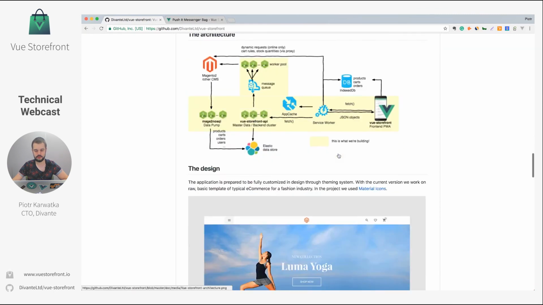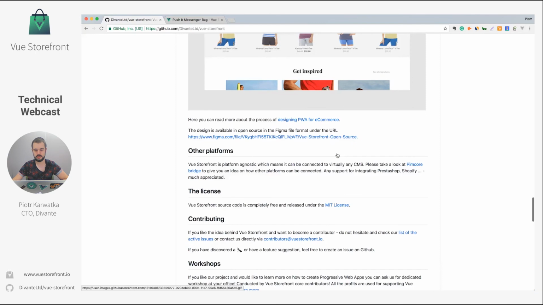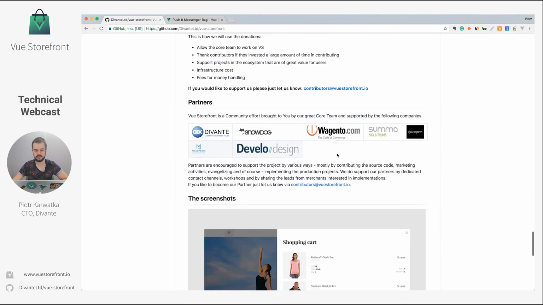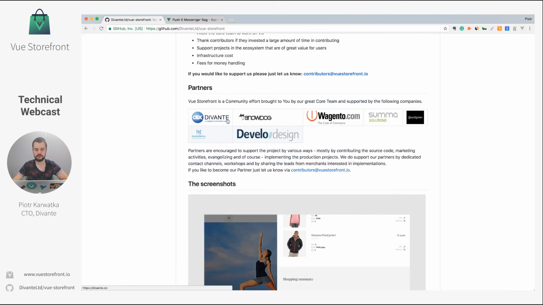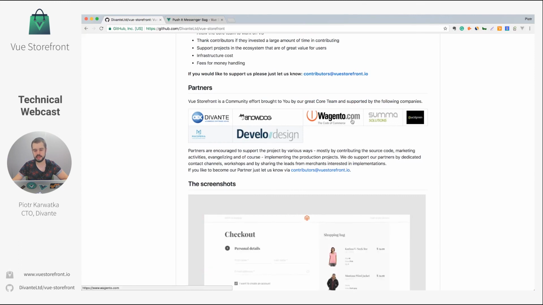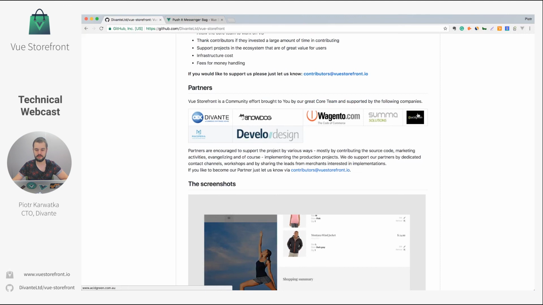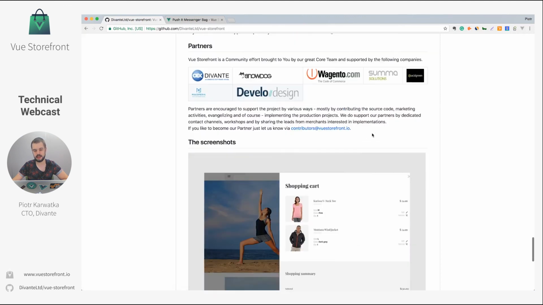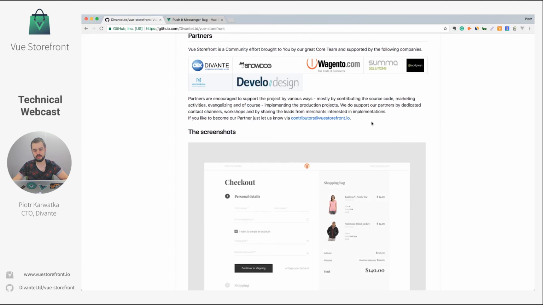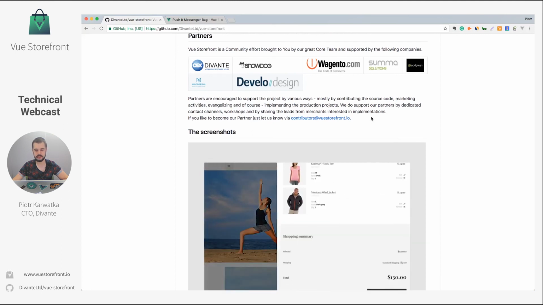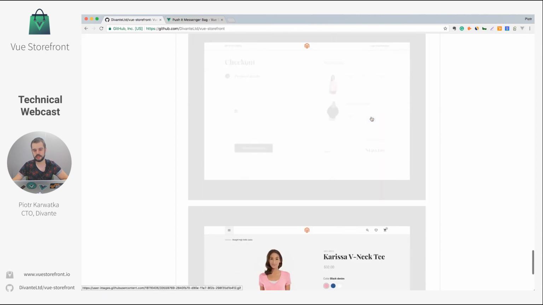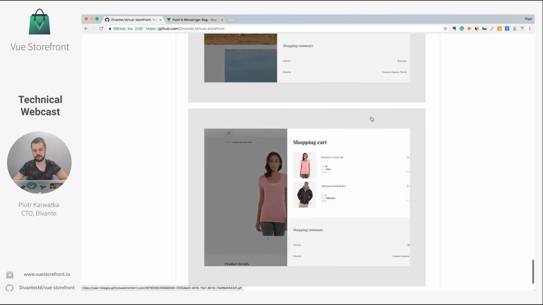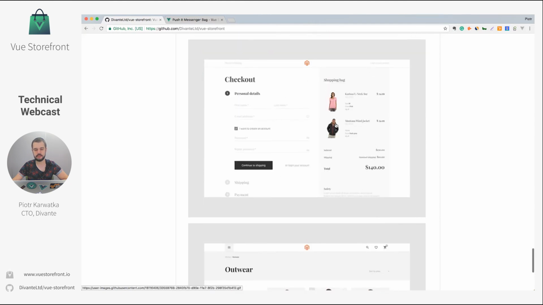We are also searching for partners for the Vue Storefront project. Already we have 7 partnerships established around the world, so we have companies from Poland, those 3. We have partners from the UK, from the US, from Argentina, and we even have partners in Australia. As a partner, you get access to early releases. You have first-hand support from core devs. We support your implementations. We can support your clients as well, because our main goal right now is to popularize the project,